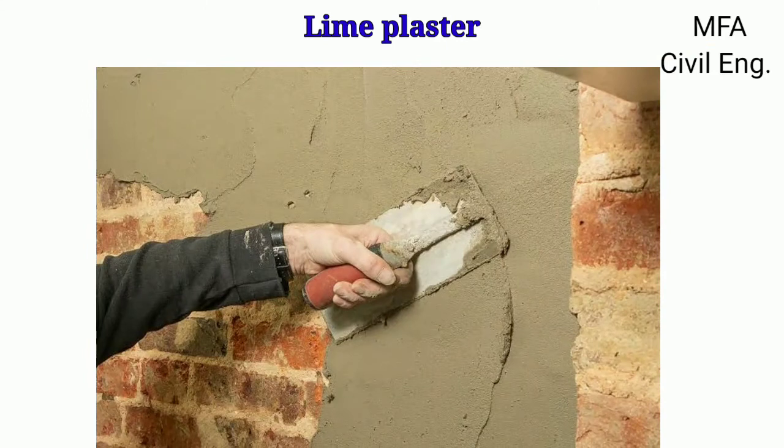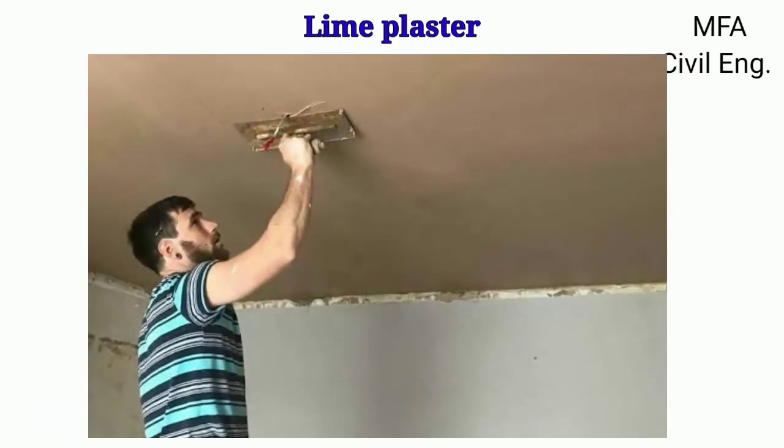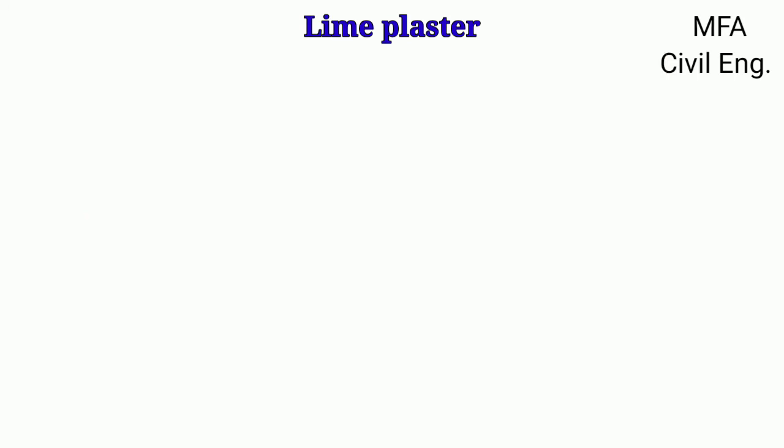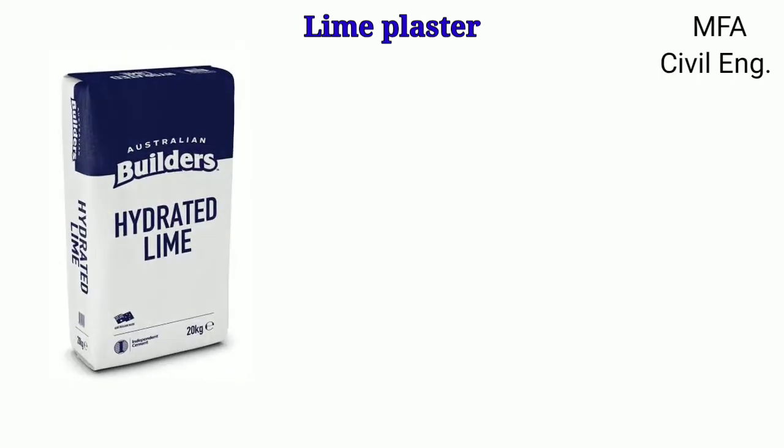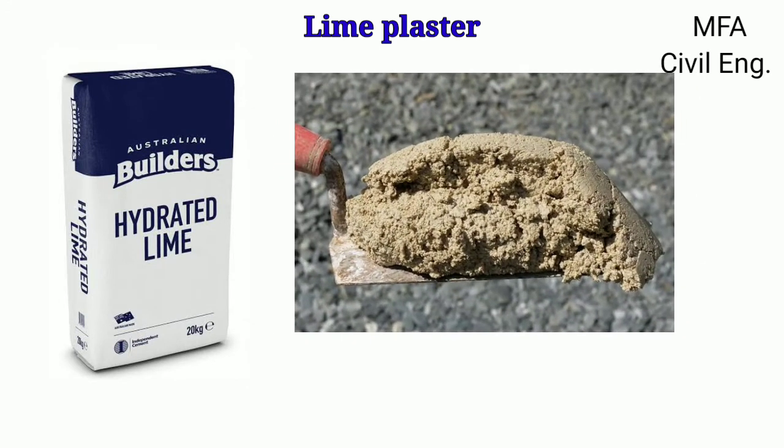Plastering is the covering of a material of various composition applied either externally or internally to the wall, partition of a lath and the ceiling to cover a rough wall by lime, cement and mud mortar. When lime is used as the binding material in making the mortar for plastering purposes, it is called lime plaster.